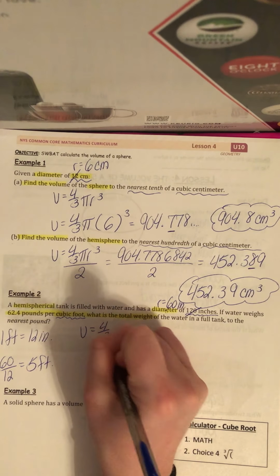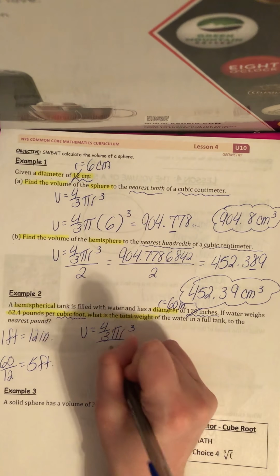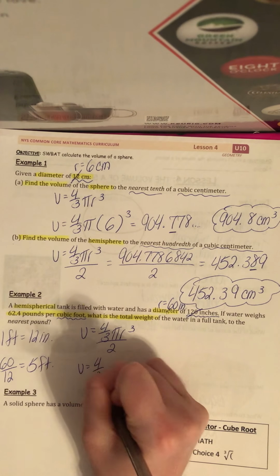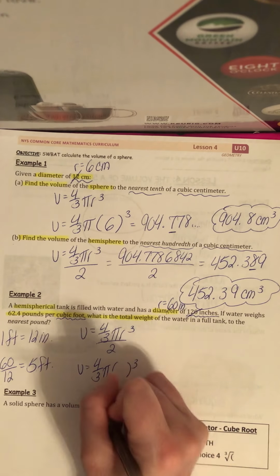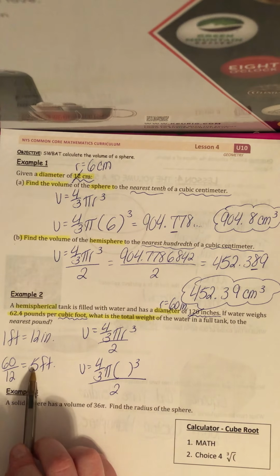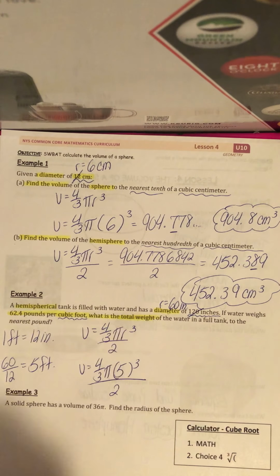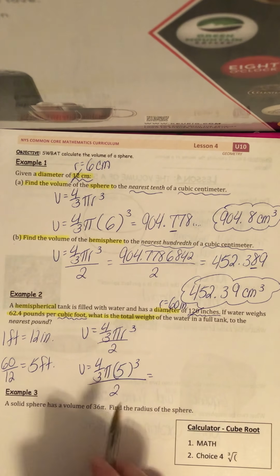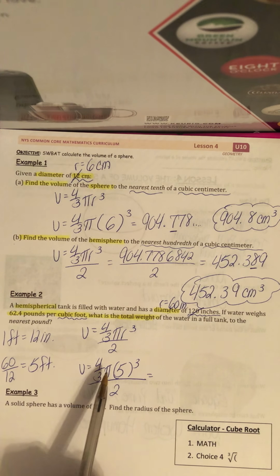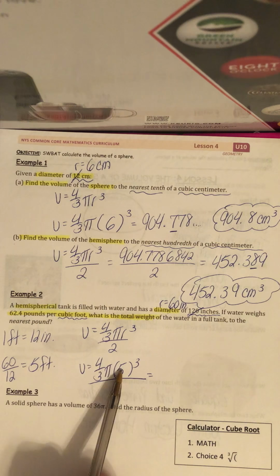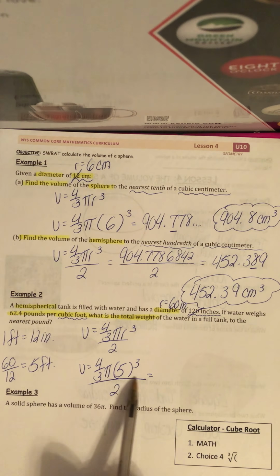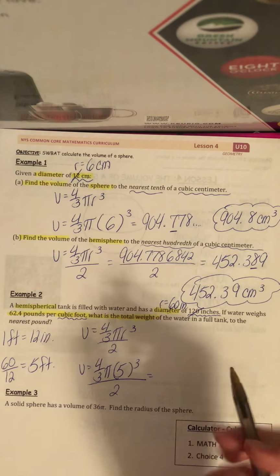So I'm going to take the volume of a sphere and divide it by 2 because I only want half. So now I'm going to go ahead and plug in 4/3 pi r cubed divided by 2. So I know the radius isn't really 60. The radius will be 5 because we had to change it to feet. And now I'm going to go ahead and type all this in. So you're going to do 4 divided by 3, press enter, times pi, times 5 times 5 times 5, because there's 3 of them. Press enter. And then divide that entire answer by 2. And you should have got